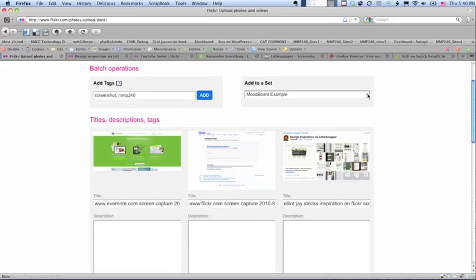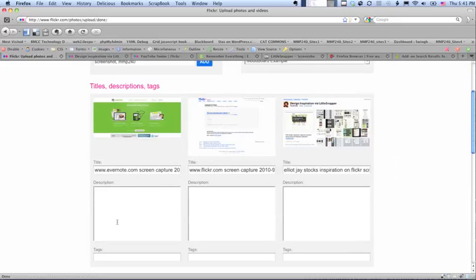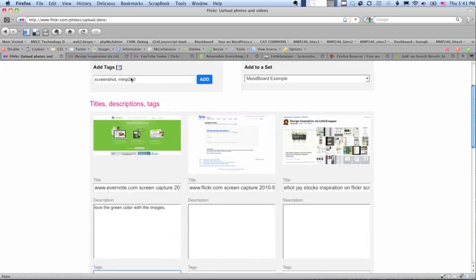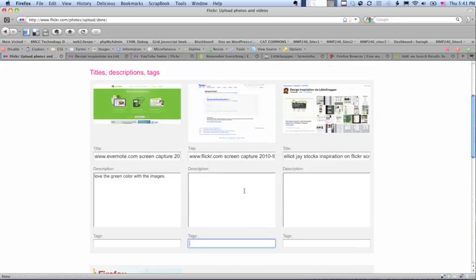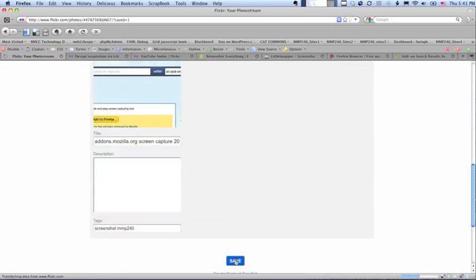And if I already had that, I would be able to choose it from the drop down of all my sets. And then if you want, you could do a description in here, like love the green color with the images, or whatever. And again, this tag, by the way, gets added to all your photos that you're uploading right now, and you can add individual tags to other ones as well. I click Save,